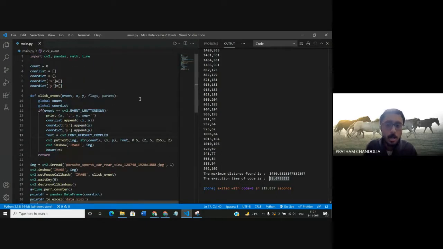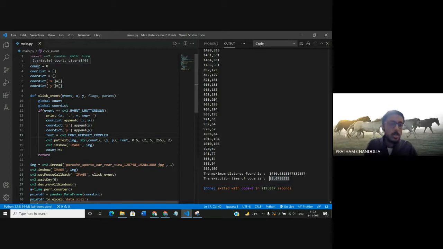So let us get to the code part. What libraries have we imported? We have imported CV2, Pandas, Math, and Time. Why have I imported the CV2 library? Because the CV2 library helped me mark the points on the picture. The Pandas library will help me make the Excel sheet. The Math library will help me with the algorithmic calculations, any mathematical calculations, and Time will help us get the running time or execution time.